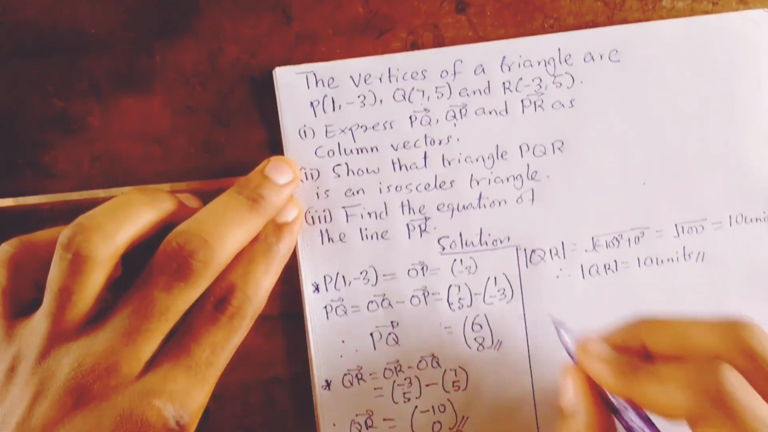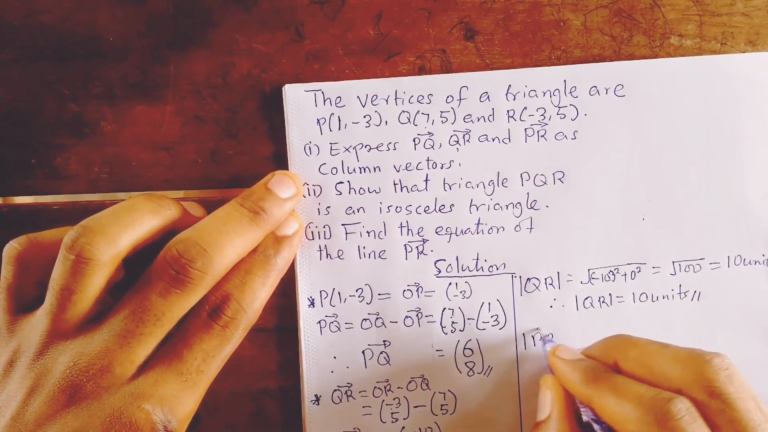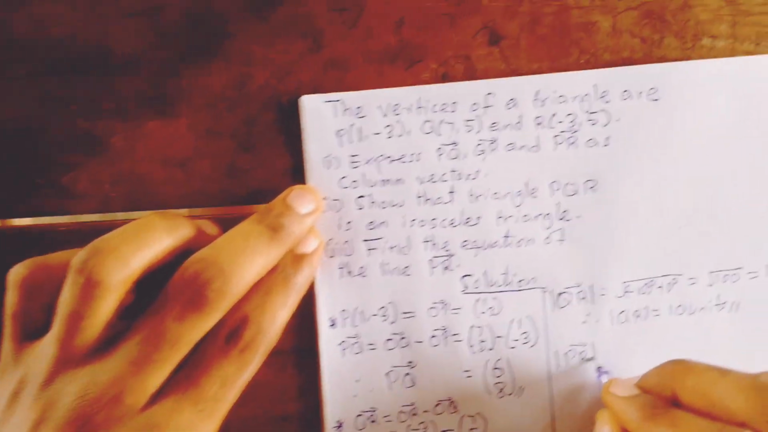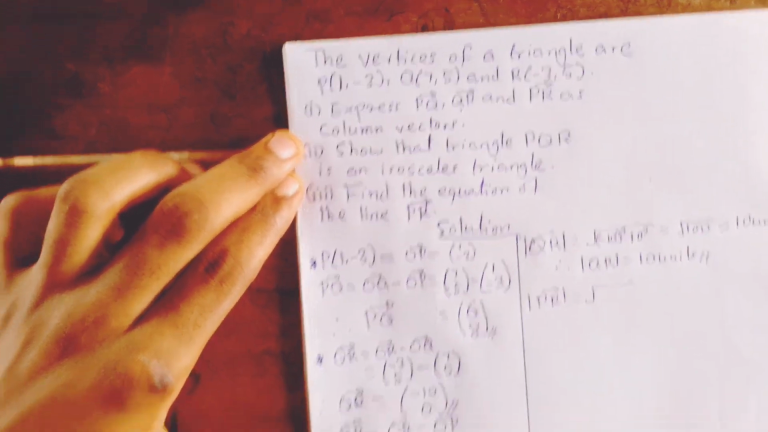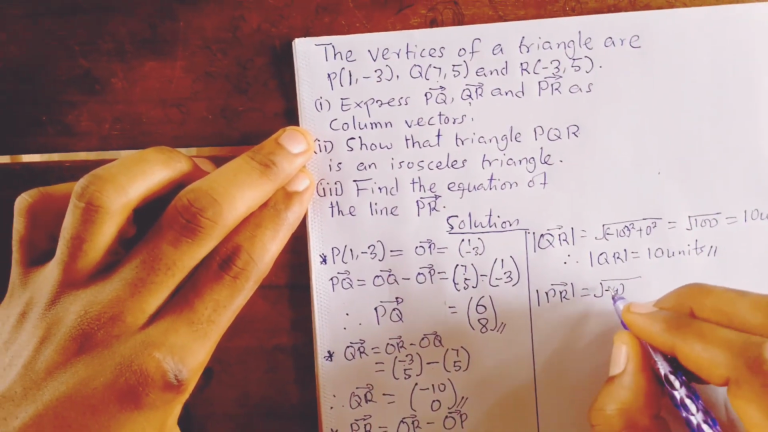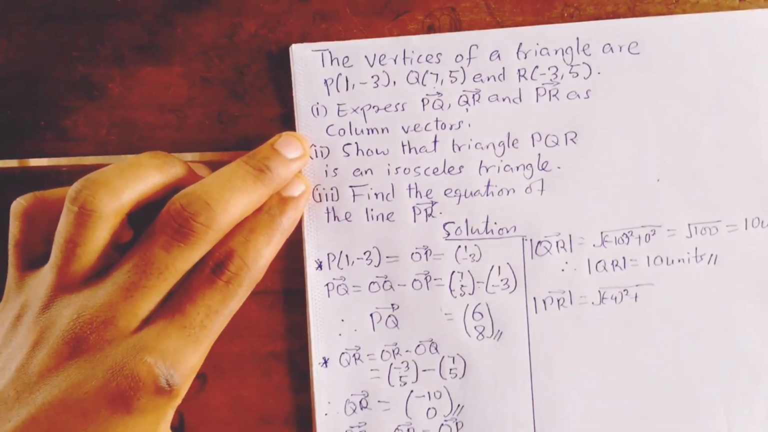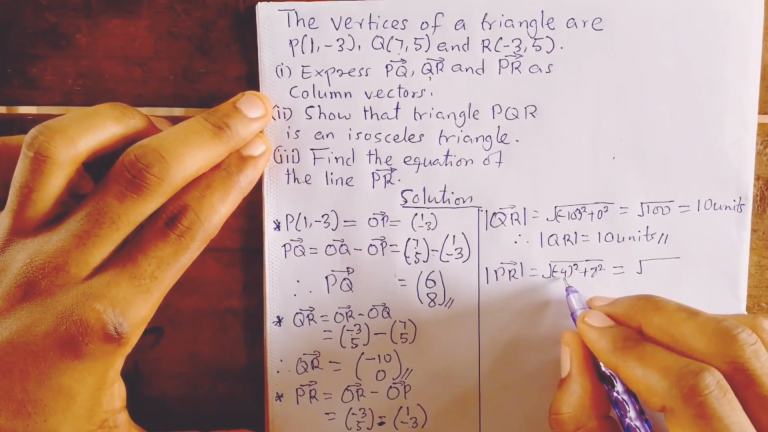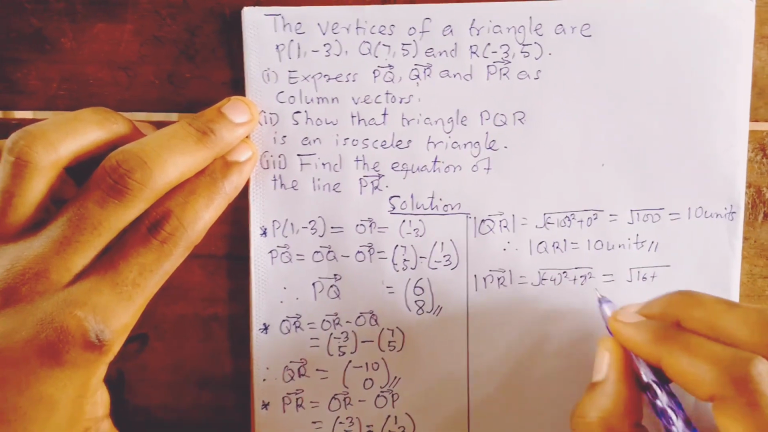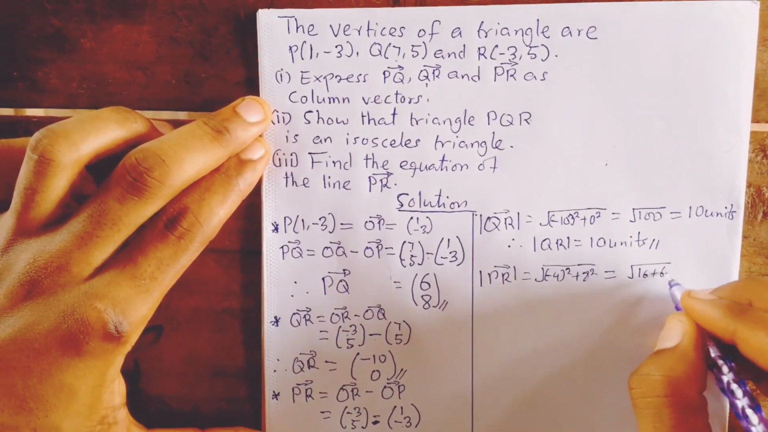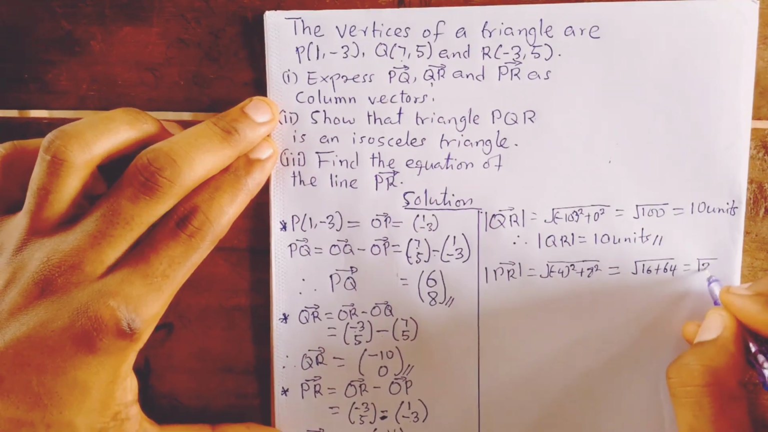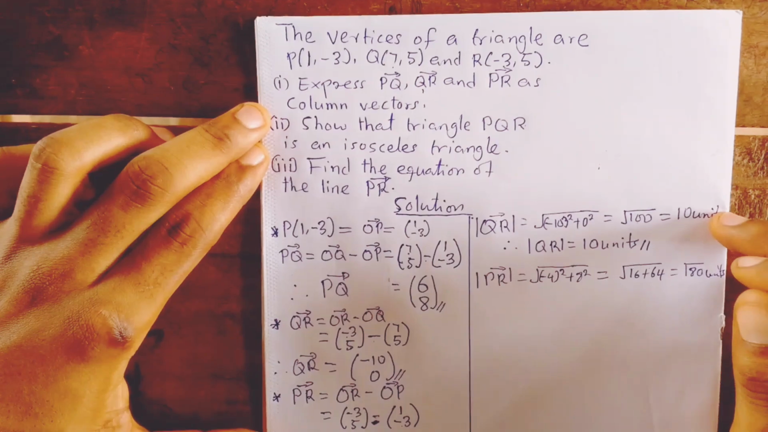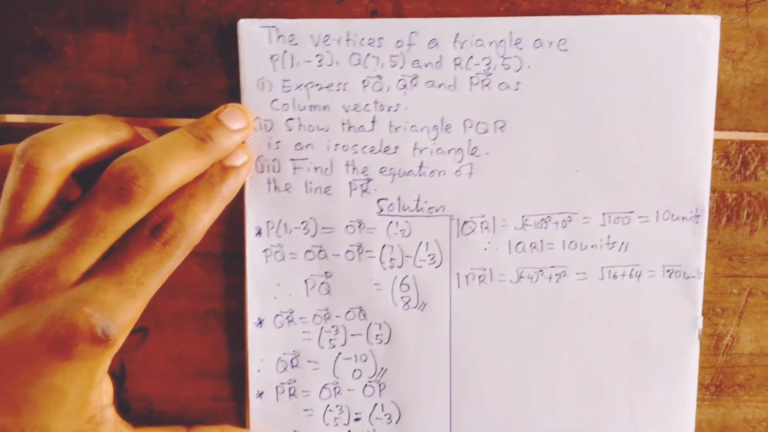Now let's show the last one. The magnitude of PR is equal to the square root of negative 4 squared plus 8 squared, which is equal to the square root of 16 plus 64, which is equal to the root of 80 units. You realize that the root of 80 will not give me 10 units. Okay, so hence I am having